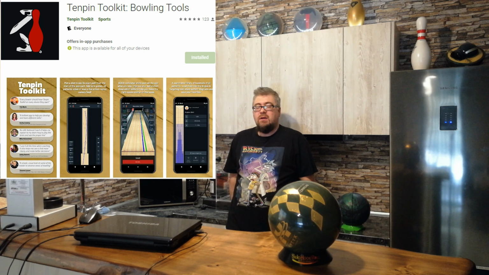The creator of the Bowling App Toolkit is already interested in my RPM calculating method, and he might incorporate it in the app in the future. So I hope he can incorporate this one as well and make the app even better.